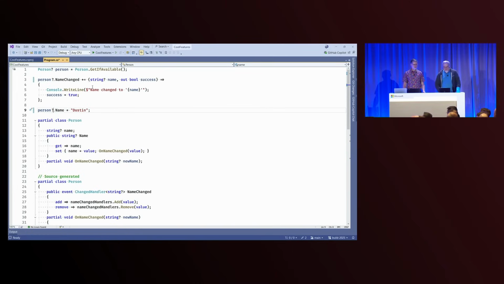It's a nuisance that you wrote an event that has an out parameter at all. Yeah, I'm sorry, I had to come up with something. But one of the nuisances when you're writing a lambda expression is that whenever you need to do anything, like add a modifier, it's like, no, you've got to do everything. Once you do that, now you have to specify the type. You can't be type inferred. In this case, it would be really nice if we could have just said name and out success, but we have to say the types. There's a long form and a short form, and I'm sorry, but you're in the long form scenario. Yeah. And it's just annoying.